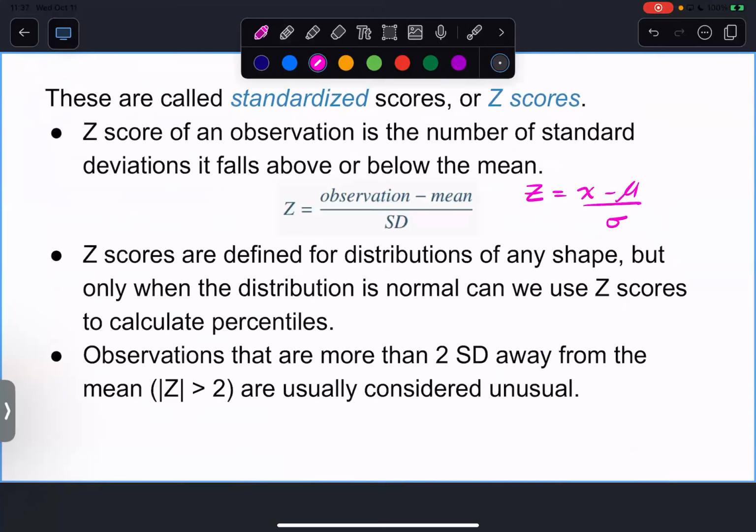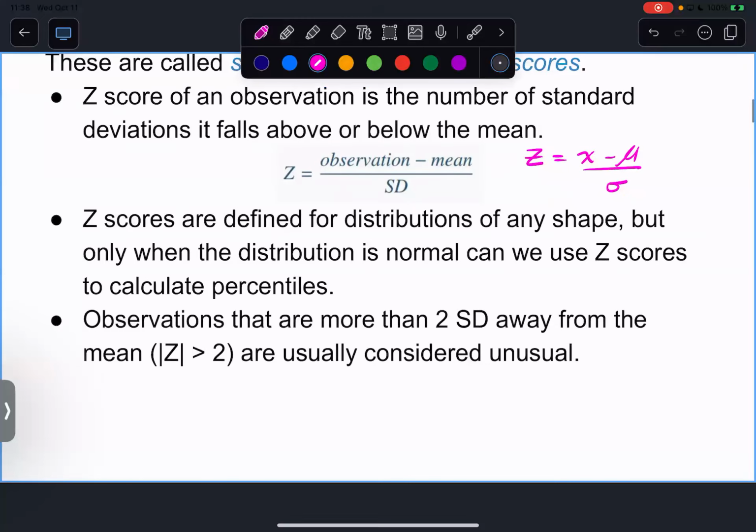Z scores we can use in any situation, okay? But usually we use Z scores to find probabilities. And so then we have to have a normal distribution, okay? But you can standardize values and still find the mean and the standard deviation of any distribution. It just won't be a good measure of center and spread, right? And so you can still use it, but only